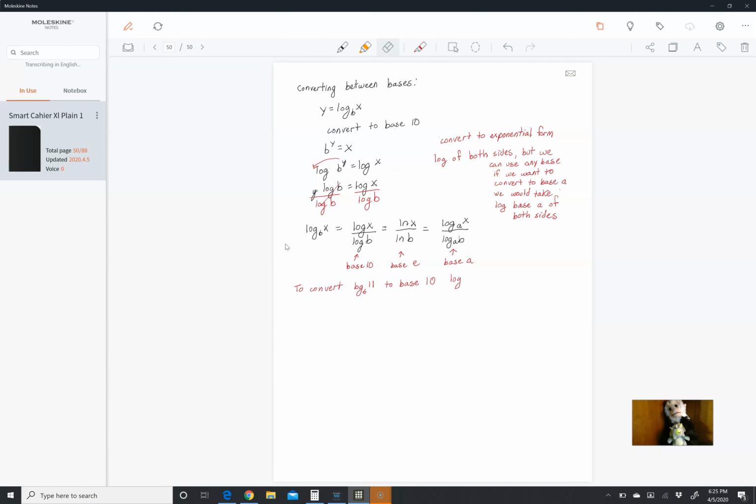Log base 6 of 11 is equal to log 11 over log 6. You don't have to go through this whole process every time because we went through the process, okay? If we want to convert